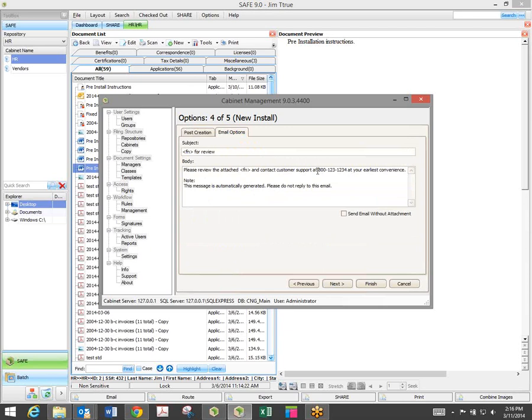That way you know things are getting done and you don't have to remember to email something out as a second step. A lot of times people want to send an email notification that they took an action. And what you can do then is set it up the same way. Let's say someone sent you a purchase order and you wanted to acknowledge that you received that purchase order. You could set up your system to where when you drag and drop that purchase order into SAFE, the template will automatically have post-creation of emailing that document